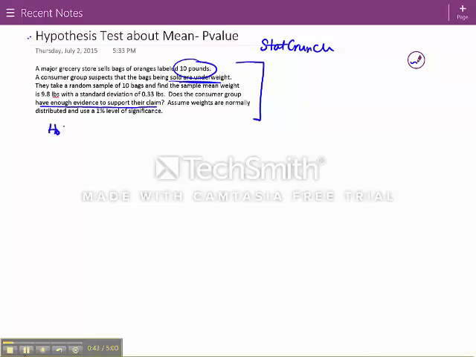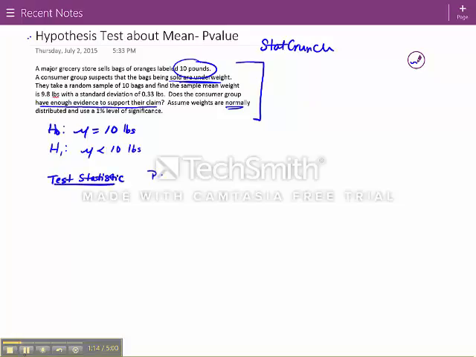So the null hypothesis would be that the mean value is 10 pounds, or in other words, that the bags are labeled appropriately. They might not all be exactly 10 pounds, but they should average out to 10. The consumer group thinks that they're underweight, which would mean that the mean weight of the bags is less than 10 pounds. So the conditions are met here because we have a normal distribution despite the fact that we have a small sample size. So in order to test this, we need to first calculate a test statistic,